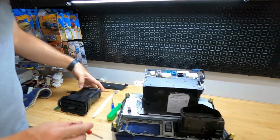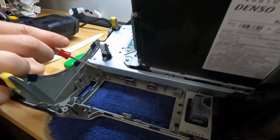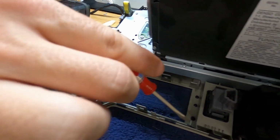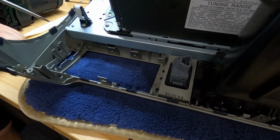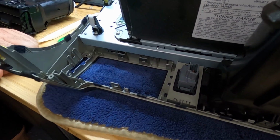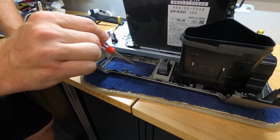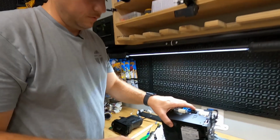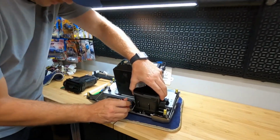Now we can get a better look. I'll show you the clips real quick. You have one here in the back corner, one here, one in basically each corner, and then you have one in the front and two in the back. So don't necessarily need to unlock all of them, but as you see, if you pull constant pressure, it'll usually just come right out. So we're gonna do the same thing